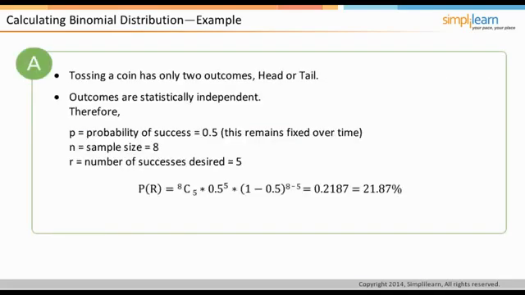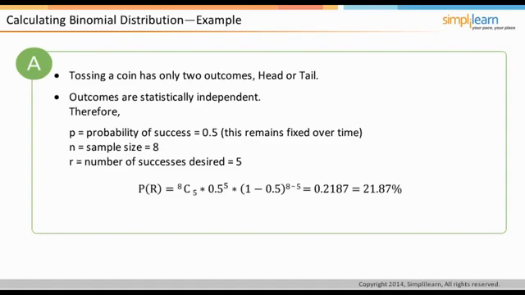The tossing of a coin has only 2 outcomes, heads and tails. It means that the probability of each outcome is 0.5, and it remains fixed over a period of time. Additionally, the outcomes are statistically independent. In this case, the probability of success denoted by P is 0.5. The number of successes desired is denoted by R, which is 5, and the sample size is denoted by N,